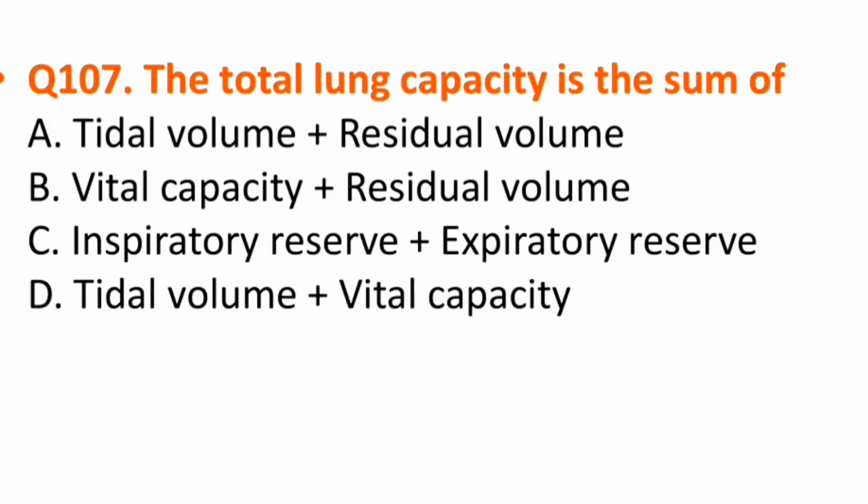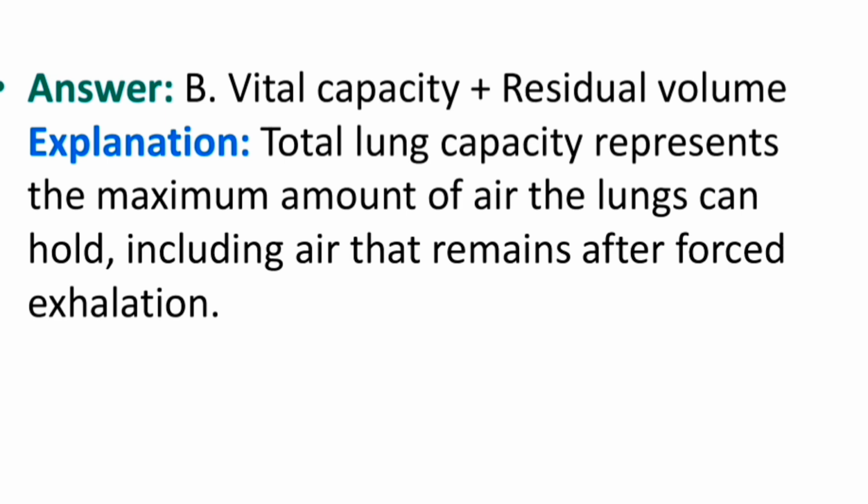The total lung capacity is the sum of option A tidal volume plus residual volume, option B vital capacity plus residual volume, option C inspiratory reserve and expiratory reserve, option D tidal volume plus vital capacity. The correct answer is option B vital capacity plus residual volume. Total lung capacity represents the maximum amount of air the lungs can hold, including air that remains after forced